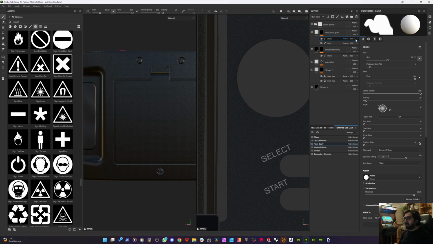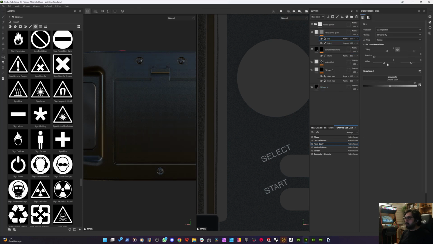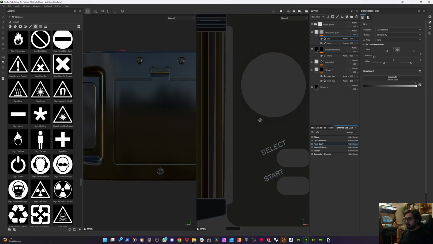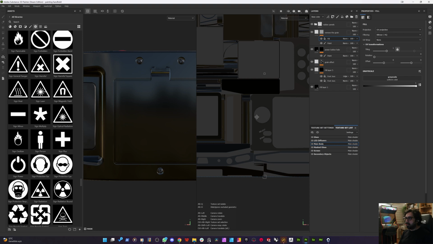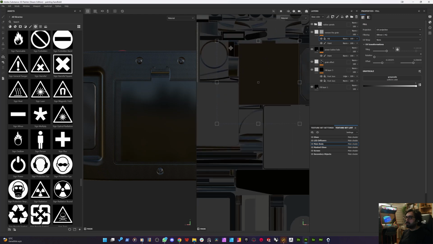For that, I'm not painting a rectangle here. I will use a fill layer to position that shape there. So it makes me control the shape in a better, more flexible way. So I'm adding another fill, setting the UV wrap as none, setting the color as fully white, but in the UV window I will make the positioning over the battery hatch